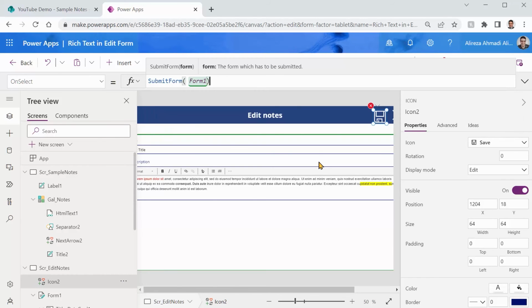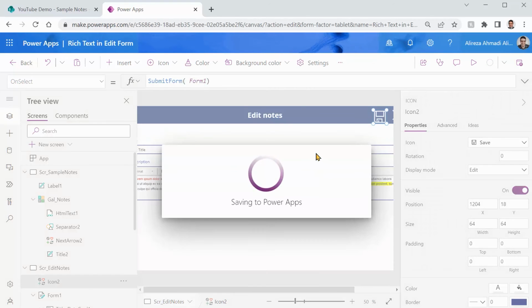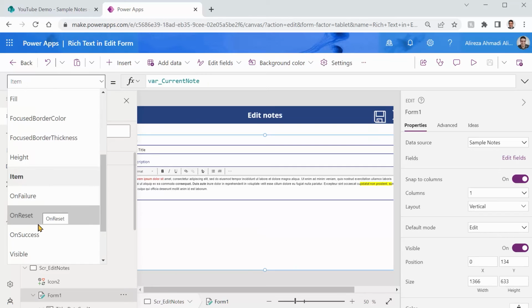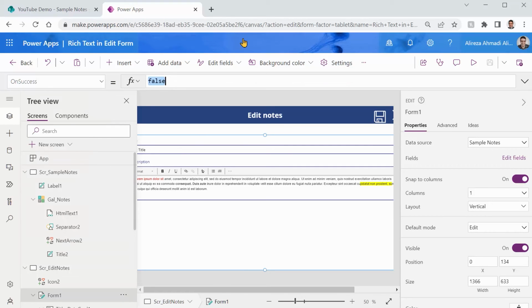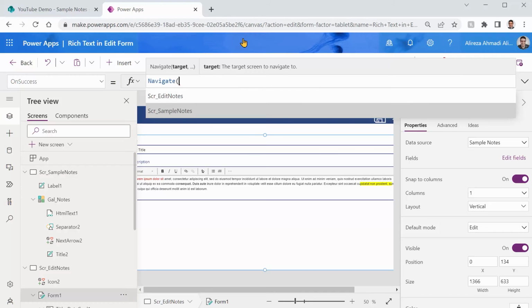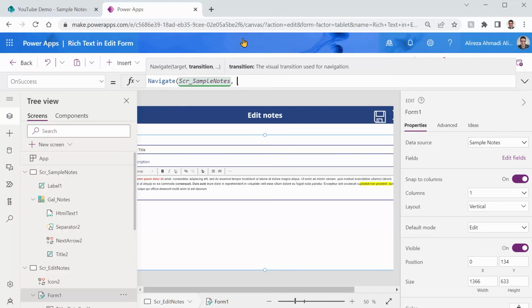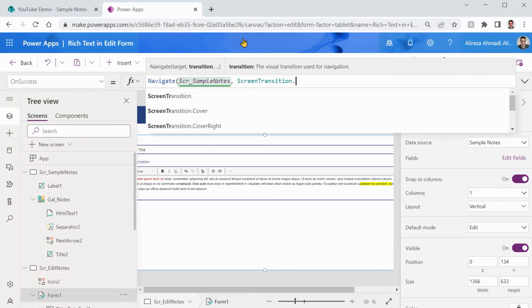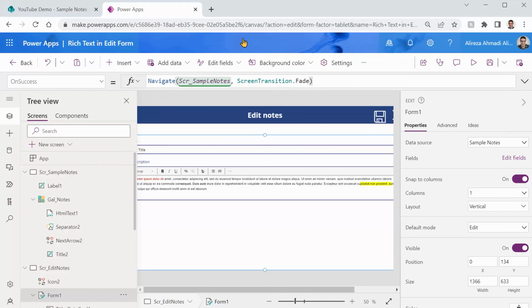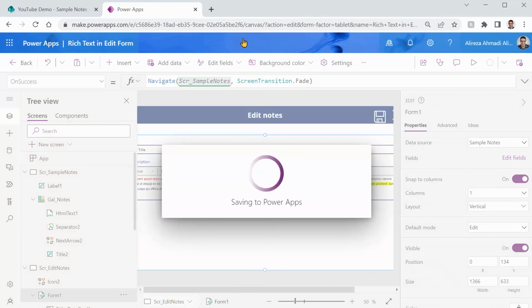and I just close this guy. Save. And when the form is submitted successfully, I pick on success. I want to navigate to my home screen. And you know I love screen.fade. And I just close this guy. Great. Let's see if it really works. Let me just save it,